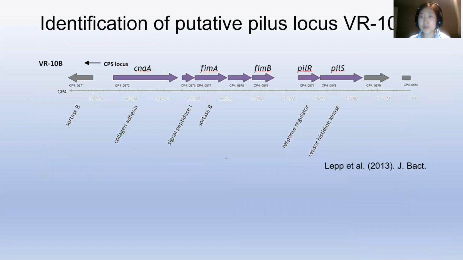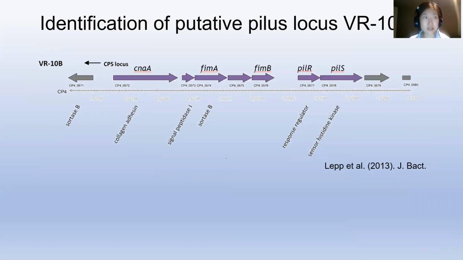In 2013, Lepp et al. identified a putative pilus encoding locus, VR-10B, in NE-causing Clostridium perfringens isolates. This locus consists of 7 genes, which are predicted to encode 3 pilin subunits, CnaA, FimA, FimB, and a novel